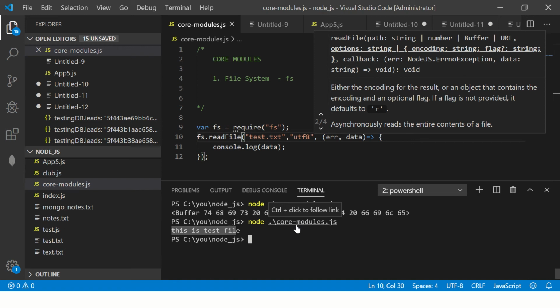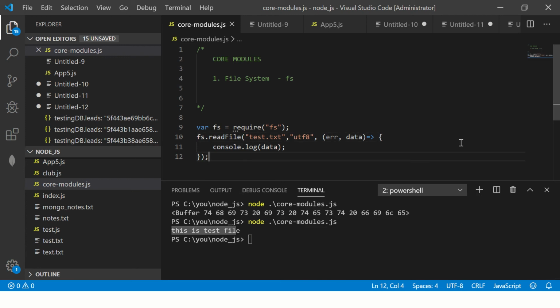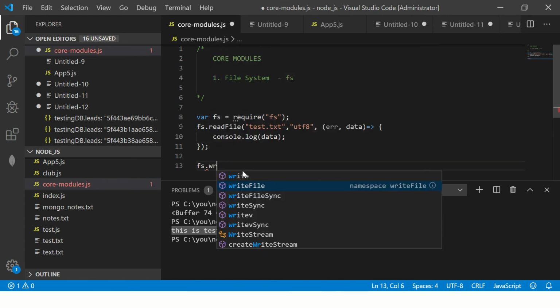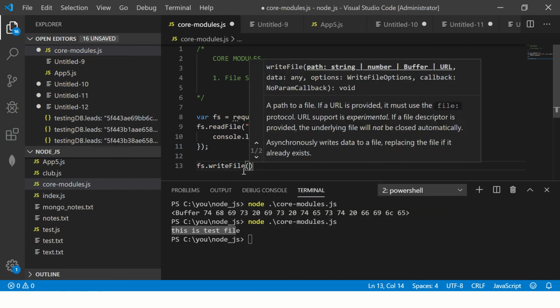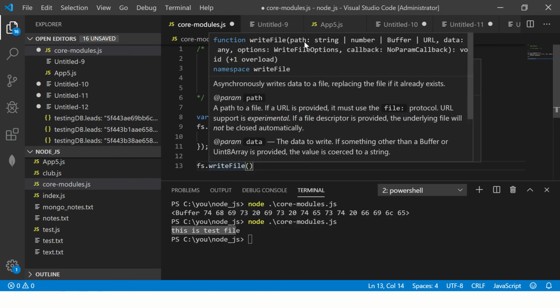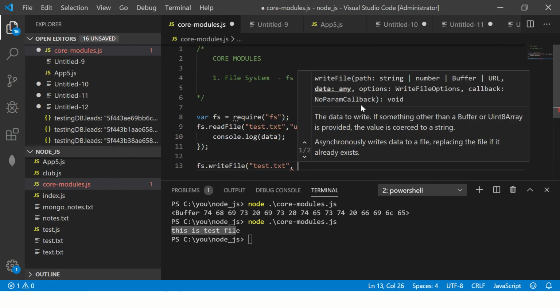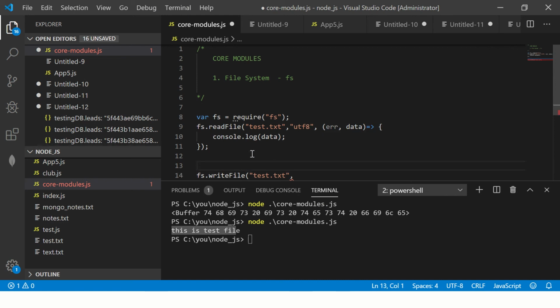Now what we'll do for the next example, we will simply add some data, right? So we'll write to the file. So far we have read the details. Now I will update this file and write to this file. We'll use the same object, fs, and reference fs.writeFile. Again, if you read the documentation, it says it requires the path, so it's asking which file you want to write. Then it says data. So let's say I will create a variable,